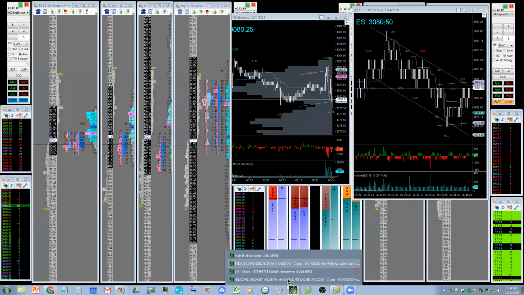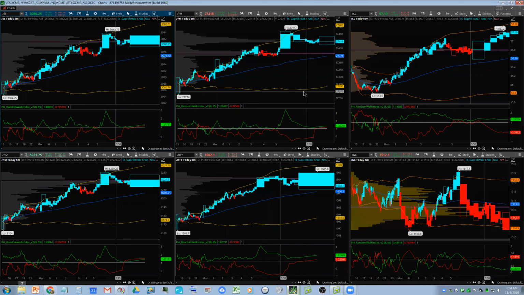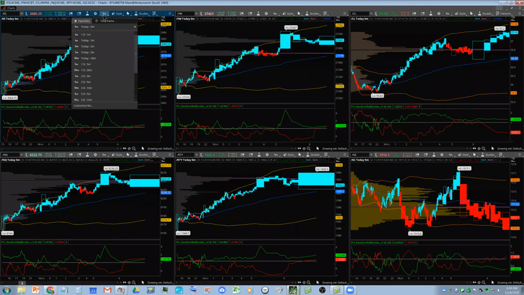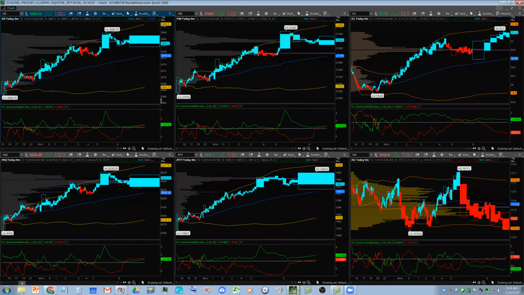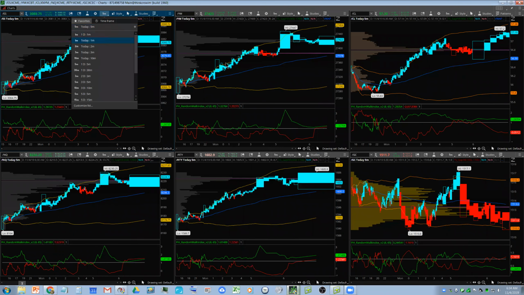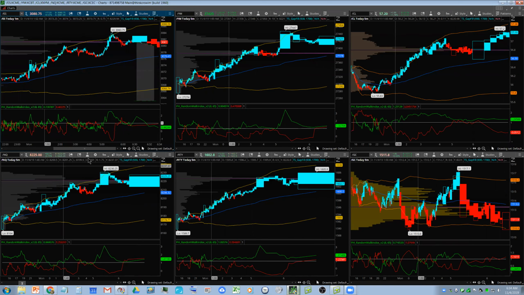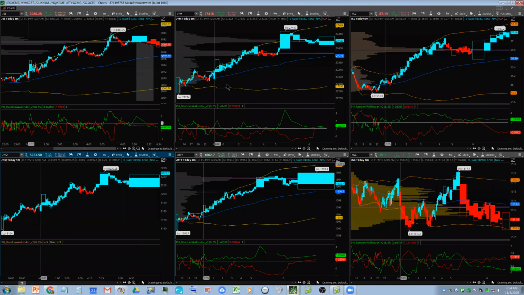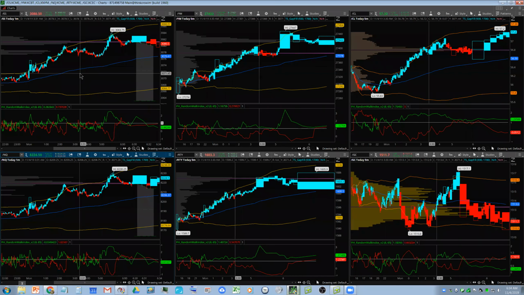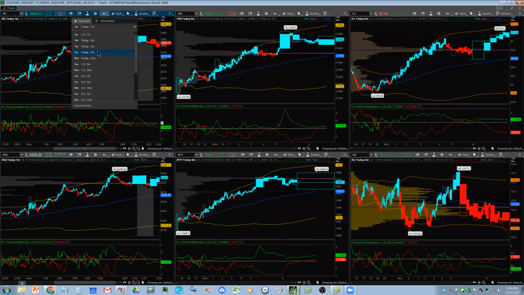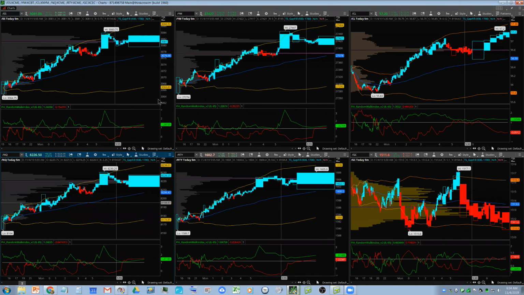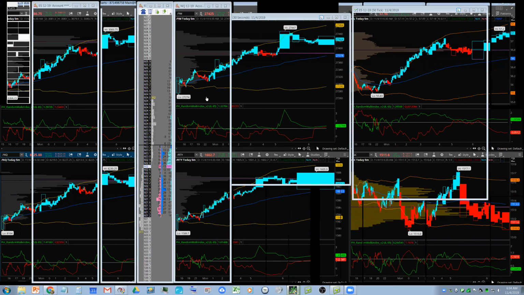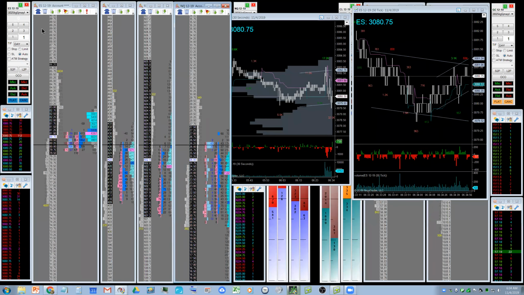Here's where I look at gaps because I don't take much credence in them. If you look at this on a little faster interval, let's see here. There it is. It just displayed it. Hang on, sorry, I took it away too fast. That's my gap indicator right there. I have one that shows me what it is because I traded it 10 years ago. I don't do it anymore because, again, it's guru salesmanship. It's what people selling trading systems say about trading the gap. There is no method to trade the gap that works consistently. It depends on the order flow. And right now we have a total mess of order flow.